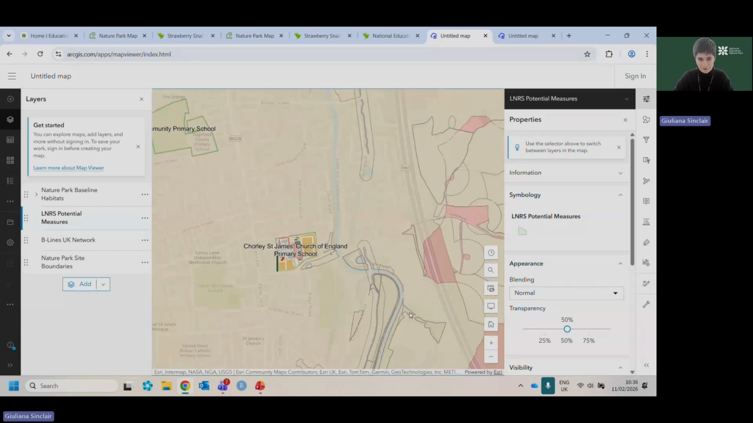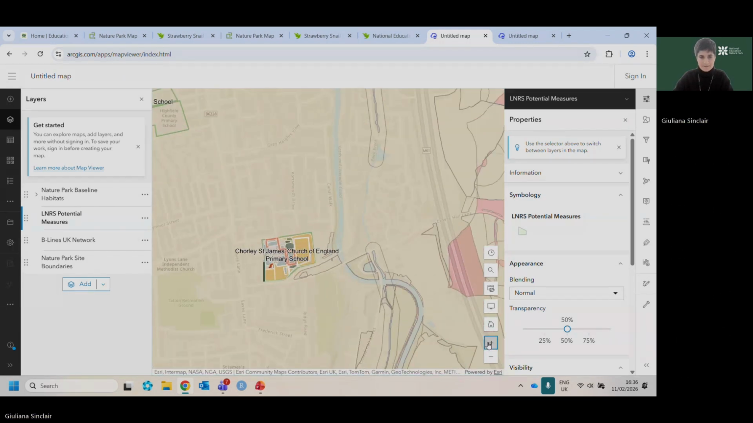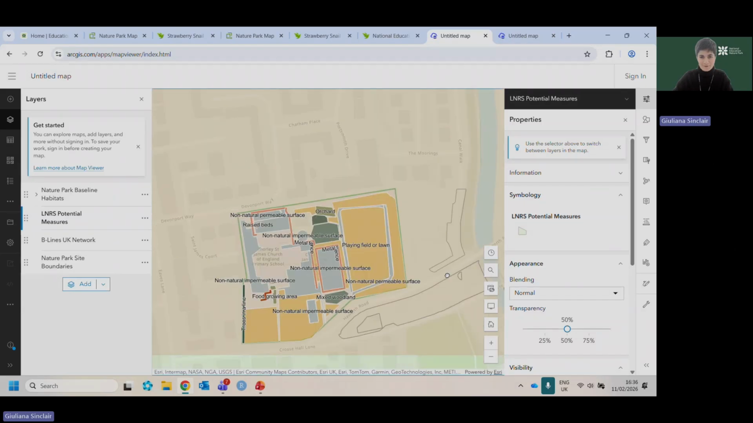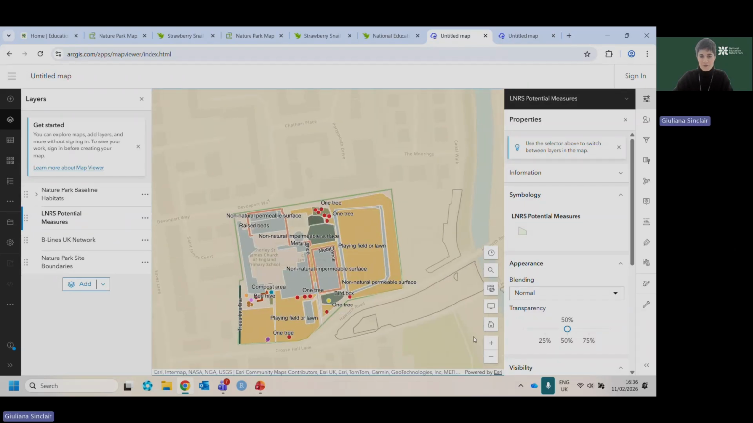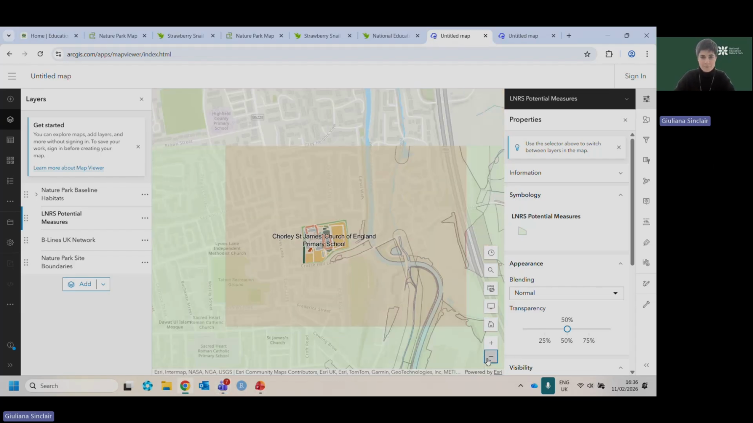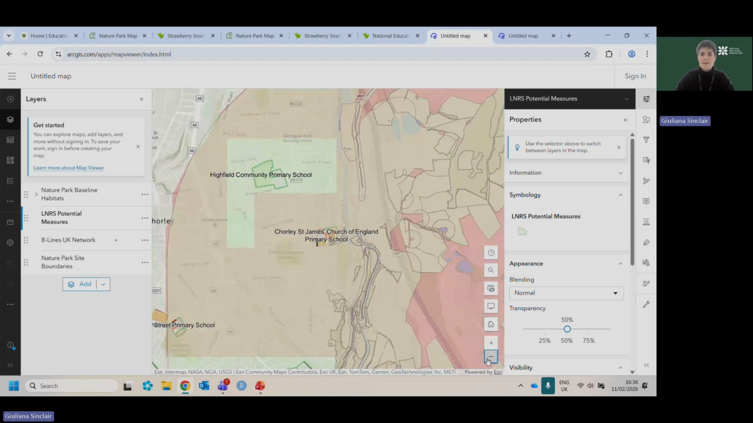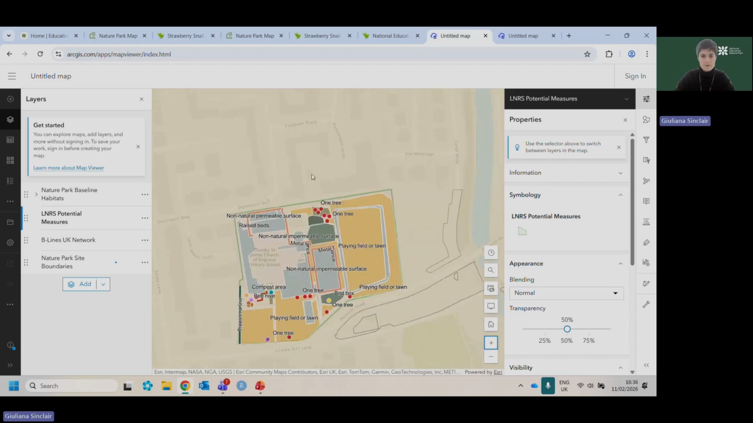So let's look at this school here, because this is where it gets really fun. So it's on the bee line already, but also on the local nature recovery strategy. It's all around the area. It's within the local nature recovery strategy potential measures area. So what does this mean for this school? So if we just click above the school,